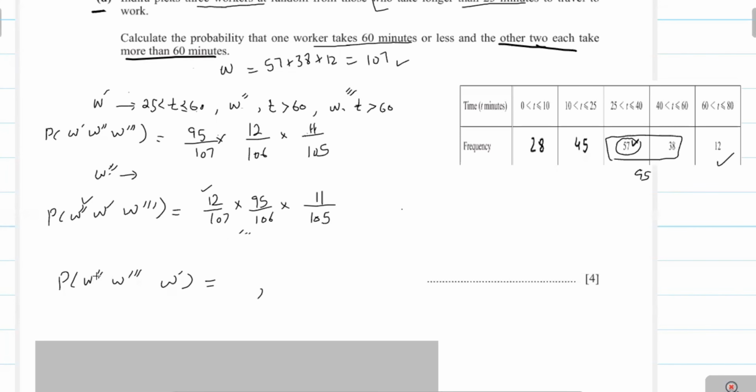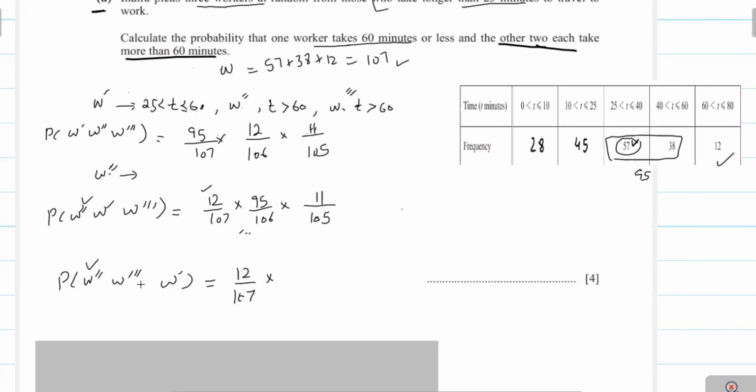Now the probability of W double dash, W triple dash, and W dash. Firstly, we will find the probability of W double dash. Now you see here, for the W double dash, firstly we select the worker who takes time more than 60 minutes. You see here 12 out of 107 workers. And the next is the probability of W triple dash. We have to select a worker who takes time